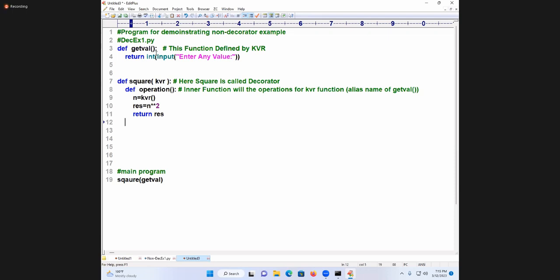If we tell that, you understand. Inner function returns the result. Outer function result what? Inner function. What is the inner function name? That's all. Return